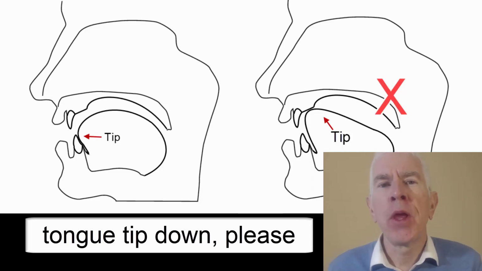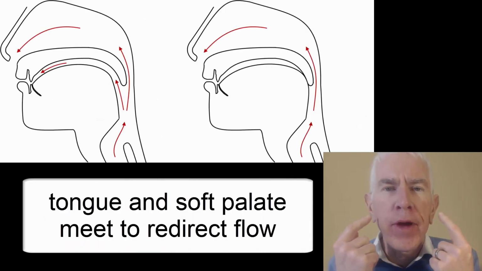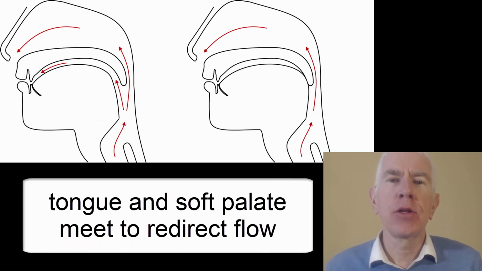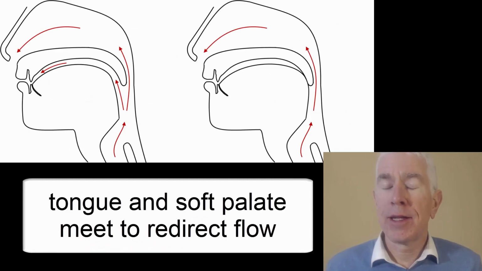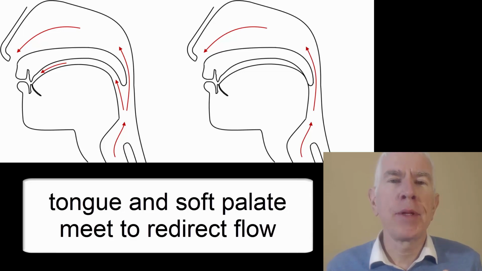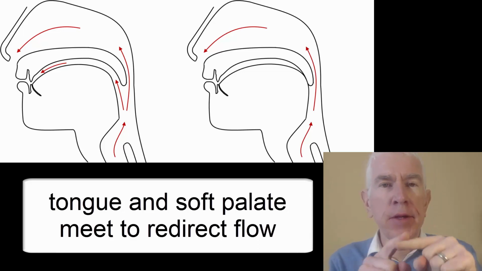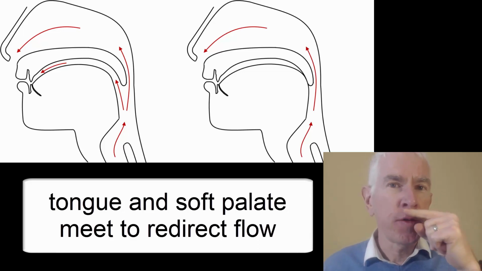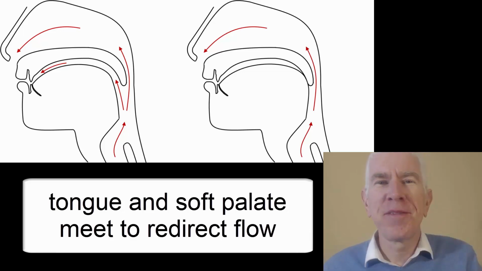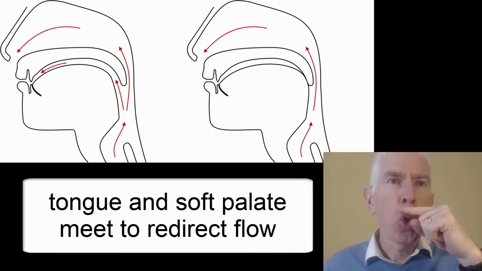I'd like you to redirect the flow of air through your nose. So I'd like you to take a little breath, and then I'd like you to say coe, and then breathe through your nose and feel what happens at the back of your throat. So let's say this. I'm going to put my finger under my nose so that I can make sure I'm actually breathing onto my finger with my nose. So coe, coe,